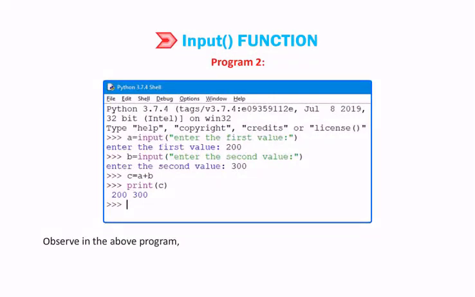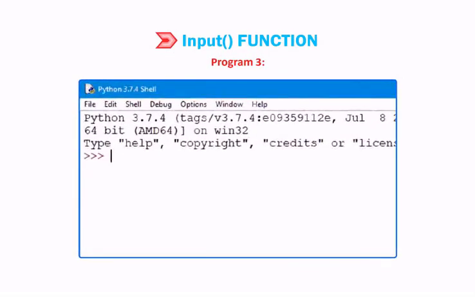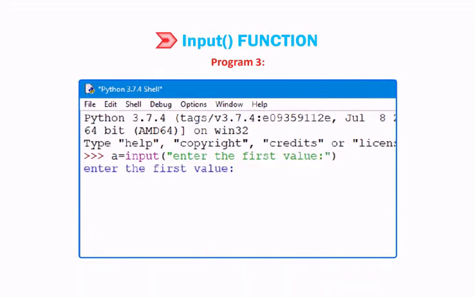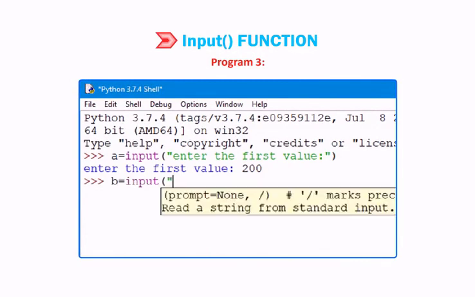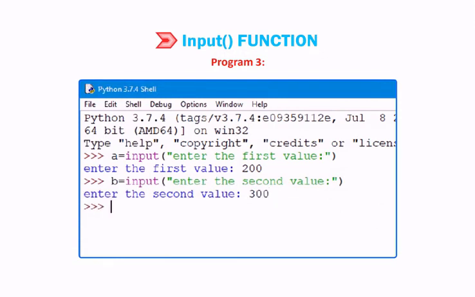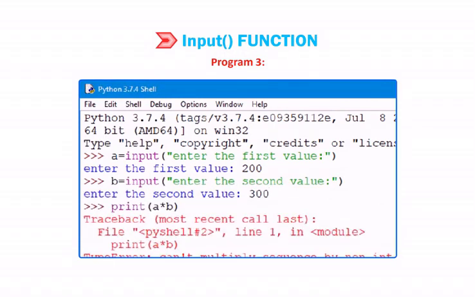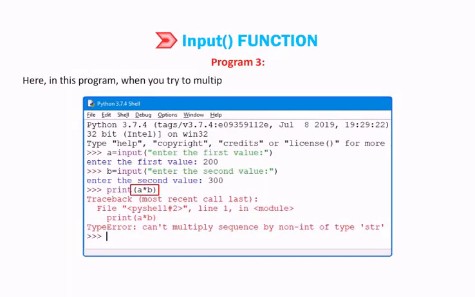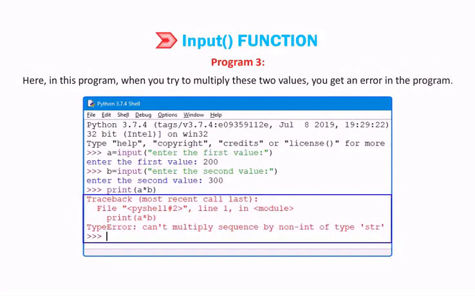Observe in the above program, when you add the two numbers, you do not get the sum. Rather, the numbers are joined together and are printed as a string. Here in this program, when you try to multiply these two values, you get an error in the program.